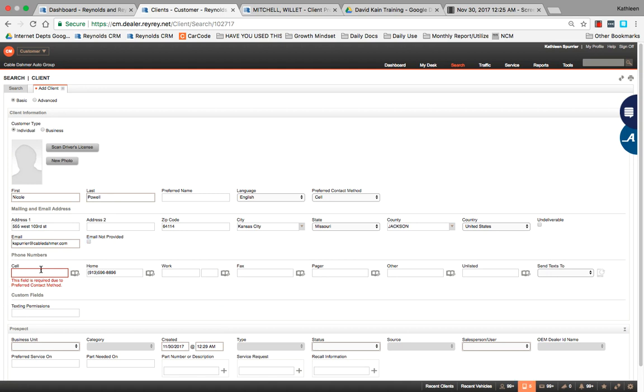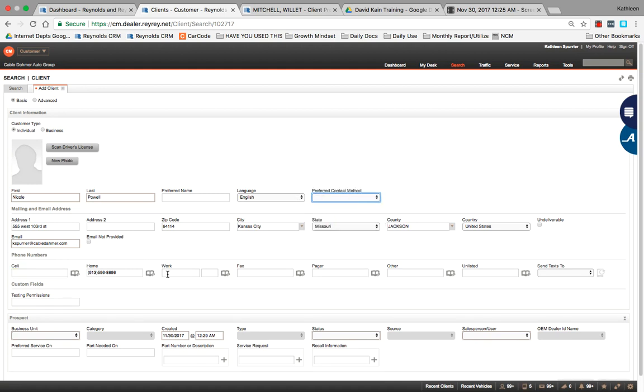A cell phone number. Since I chose a preferred contact as cell, it's going to say, hey, I need your cell phone number. Now, if we don't choose anything, let's just say I don't choose anything, it's not going to suggest that to me. However, I would definitely, again, choose something and ensure that the number is in the right area, because later on,